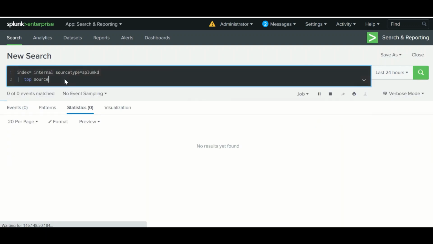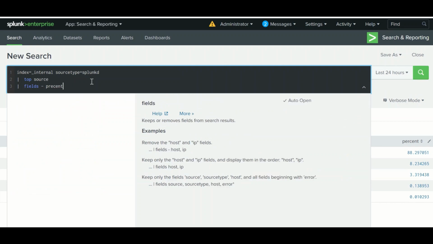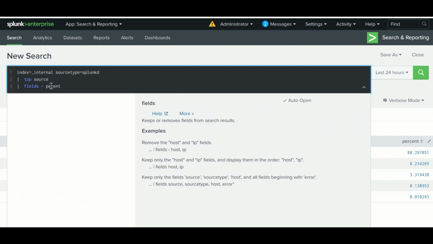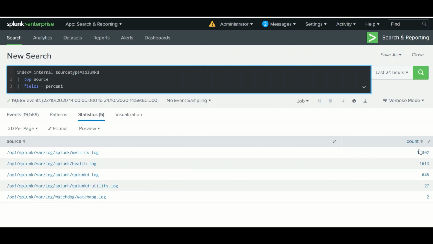If I don't want the percent field, I can use this command to remove it. See, this field gets removed. This will reduce the overhead of your search head, and it also improves search query performance.